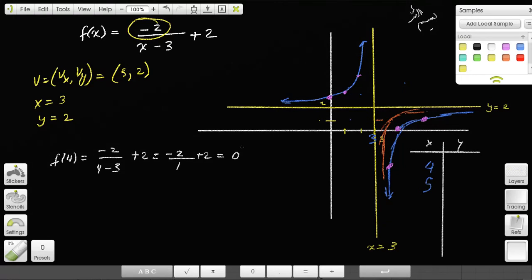Yeah, okay, very good. So I have 1 point right there. Okay, that's 4. How about 5? What happens if I plug in 5? What do I get? Let's go for it. Negative 2